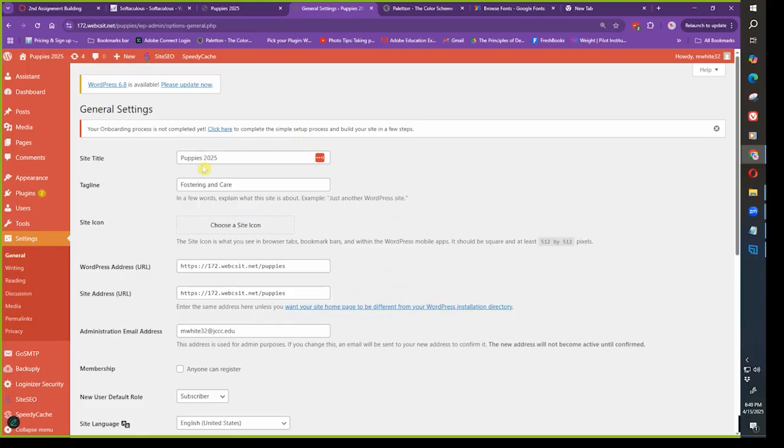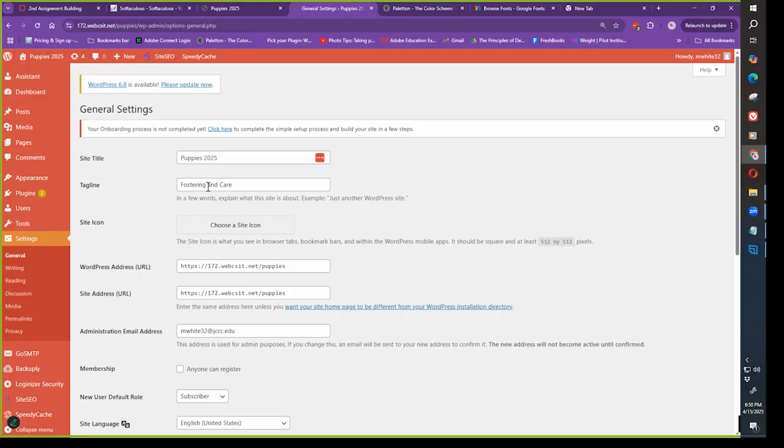Okay, so this gives us the availability to change the site title, and that is what's displaying up here in the top left corner. So here's our site title. If you make a change here, it will take effect over here. It will also take effect on the front of your website. Your tagline, if the tagline displays with the header of the website, this will also change immediately as soon as